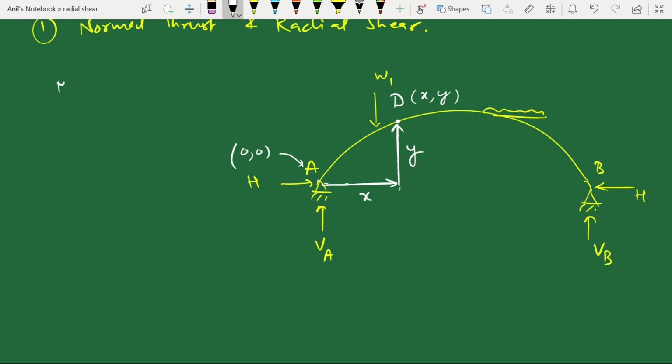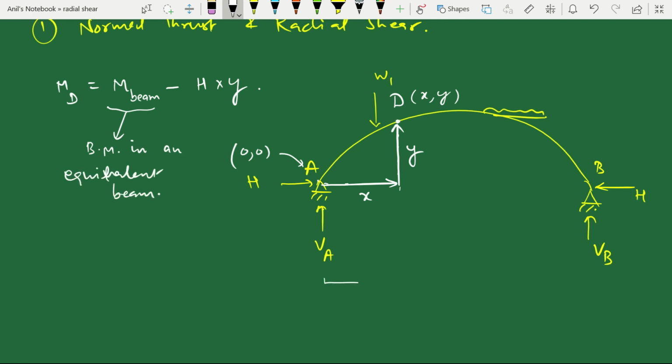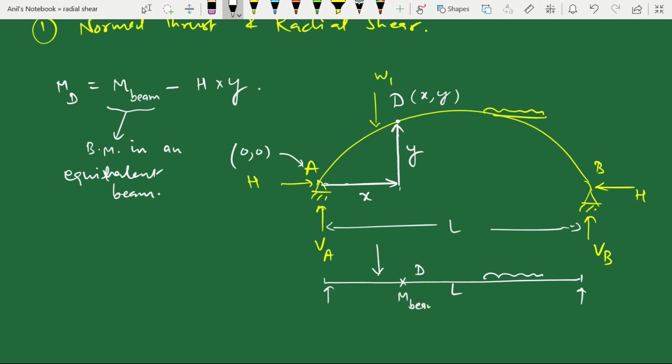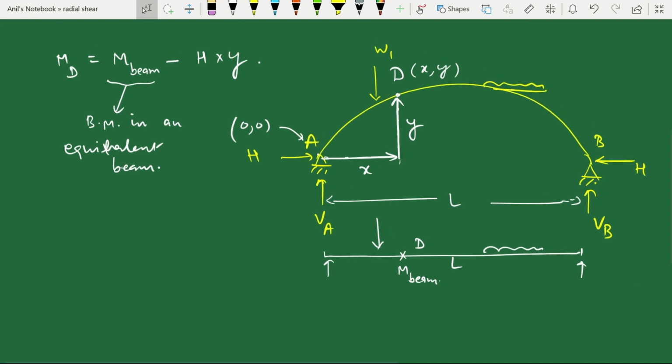Now bending moment at D in case of an arch is given by M beam minus H into y. We know this formula, where M beam is the bending moment in an equivalent beam. That means the beam of the same span L, same loading, at the same point D. So M beam is the bending moment at D in case of the beam. Now shear and thrust in arch